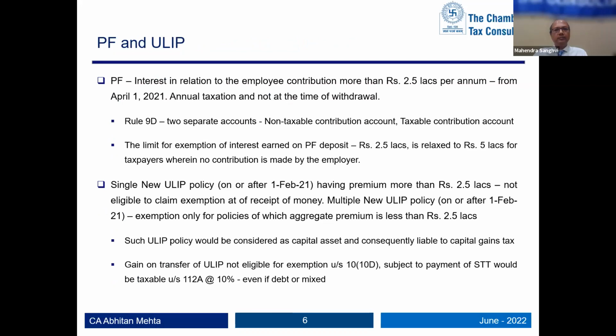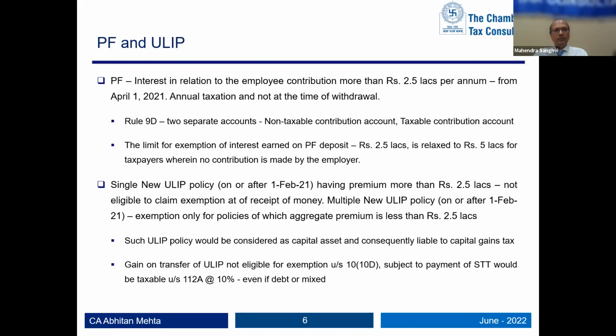Now, coming to one of the key changes for individuals: taxation of provident fund and ULIP. Till date, we didn't have any cap on contributions to provident fund. Now they are bringing in a cap: if you contribute more than 5 lakh rupees in the provident fund, say 2.5 lakh by you and 2.5 lakh by your employer, or if the employer is not contributing, you are contributing 5 lakh rupees, then whatever interest accrues annually would be treated as income from other sources and would be liable to tax. Though you are not receiving a penny, you have to pay tax on it year on year.